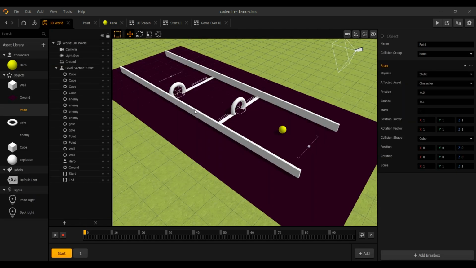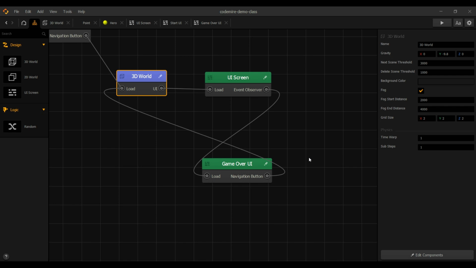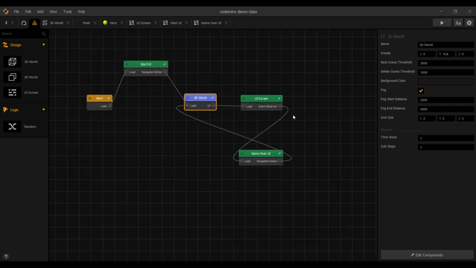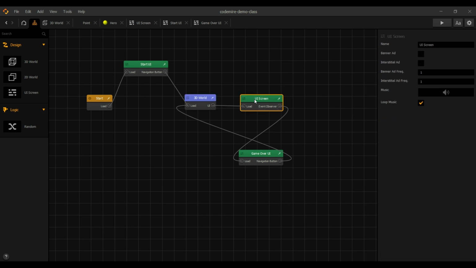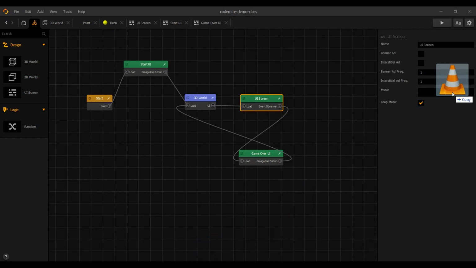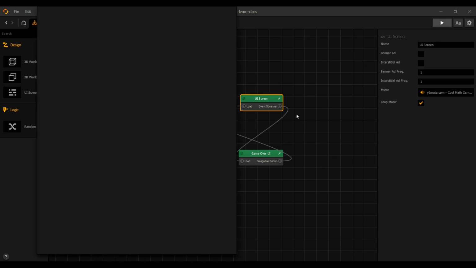Now just go to the mind map again, and I think we should add audio as well. So what we have to do is add a sound. We just select this UI screen, because I want the sound to be played in the main game only. So we just have a sound here. We drag it and drop it here. Once you drag and drop, and once you play the game,